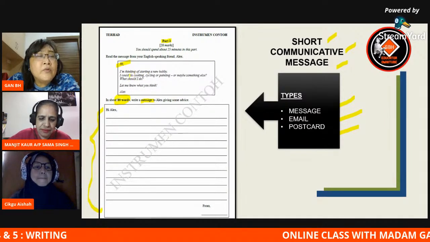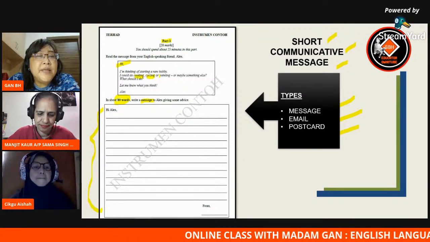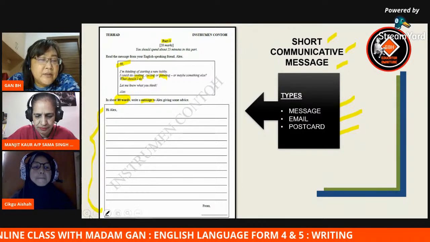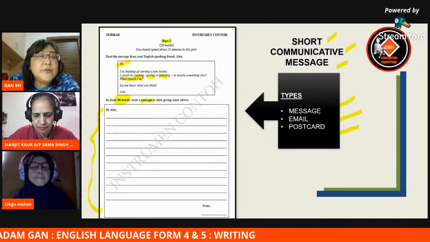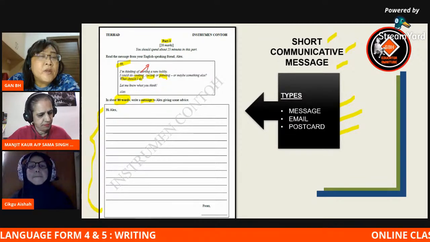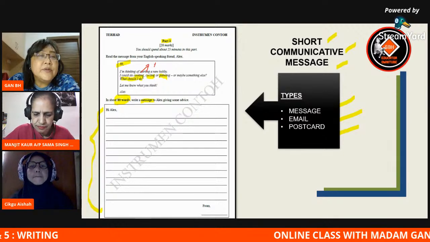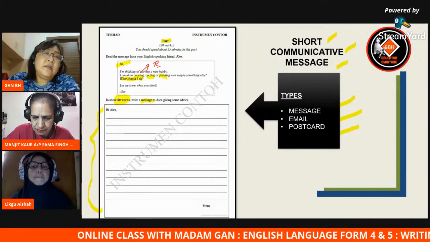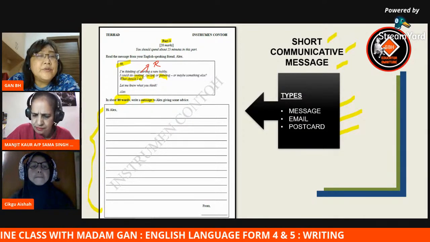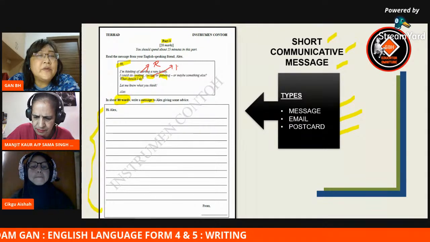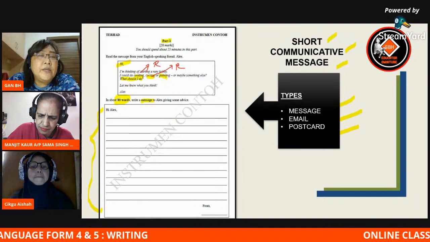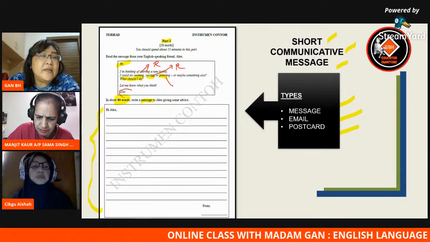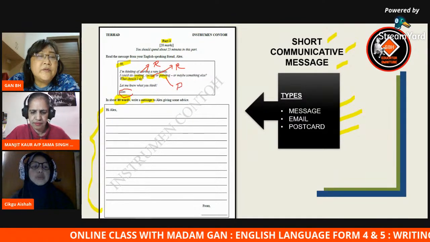For example, here, what should I choose? Should I choose cooking, cycling, or painting? And for this format, what should I do? So for example, I choose cooking. Okay, I'll change my pen. For example, I choose cooking. So after you write cooking, you need to give a reason, right? So you need to support with the reason. Okay, cooking, then give one reason. Then your writing is done. Okay, or you choose cycling, you can use cycling and give a reason for cycling. Or you can use painting. You prefer painting, you can advise your friend to choose painting. So your friend is Alex. Okay, so you can write a reason for painting.